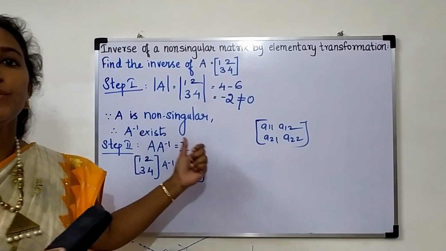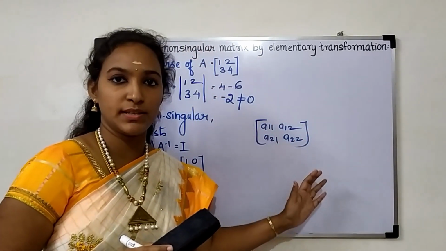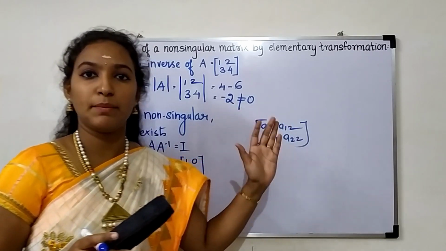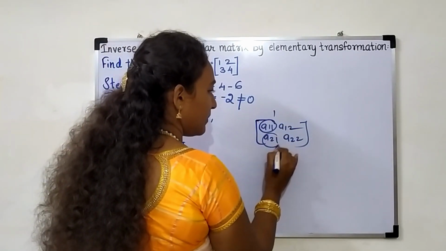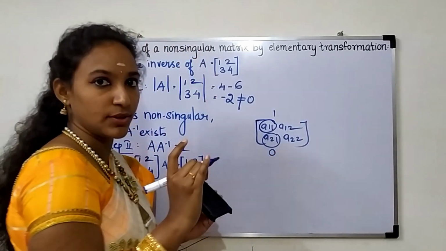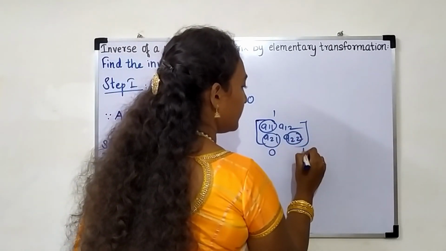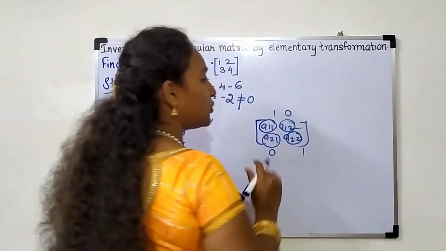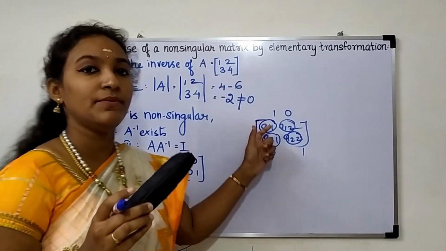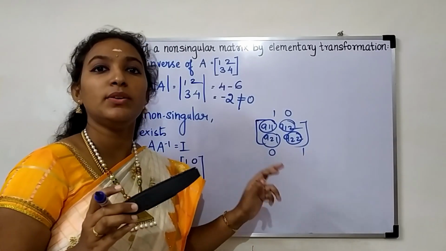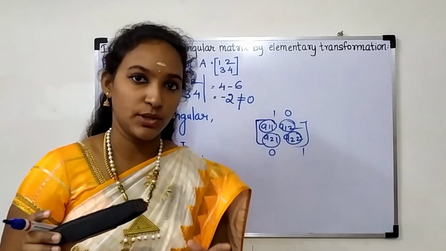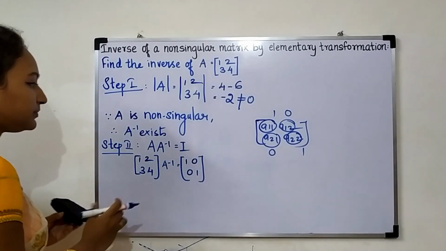Okay, here also we are going to follow the same procedure as we followed for the 3 by 3 matrix. This should be 1, then we make this A21 to be 0, then A22 should be 1 and A12 should be 0. If it is already 1 and 0, do not change it. Okay, if it is not 1 and 0, then only you have to reduce it. Okay, let us start this.